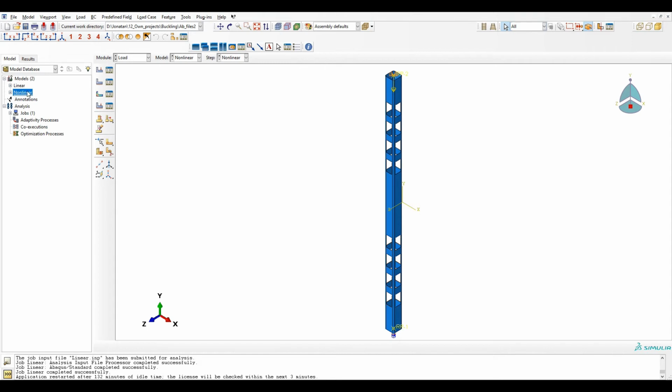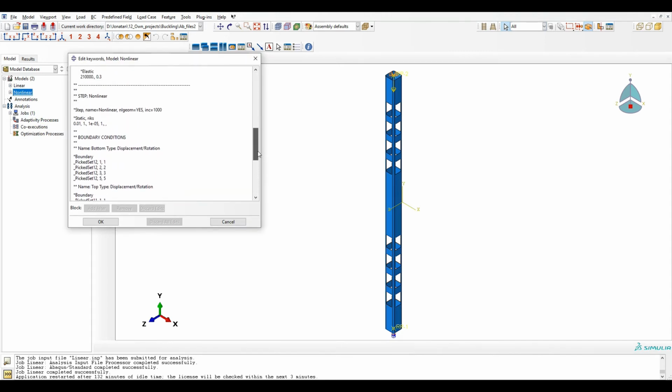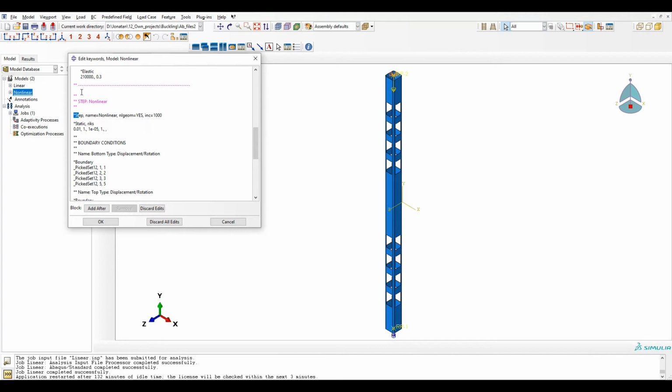Okay, now what we need to do is just go to the model, right click, edit keywords, and just before the step, so this is the step, let's create a new line and start imperfection, comma, file equal to linear, step equal 1.